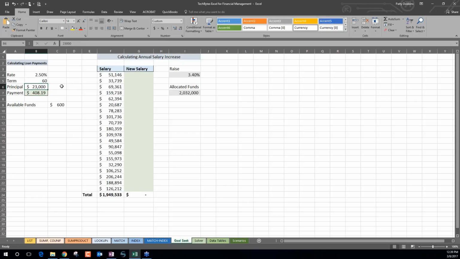So my principal is going to be $23,000. It's going to be over 5 years or 60 months, and my rate is going to be 2.5%. What is my payment for that going to be? So in here, I'm using the payment function, and hopefully you can see that. It is a little dark on that gray background, but the payment function is going to be the payment, and then it's going to be